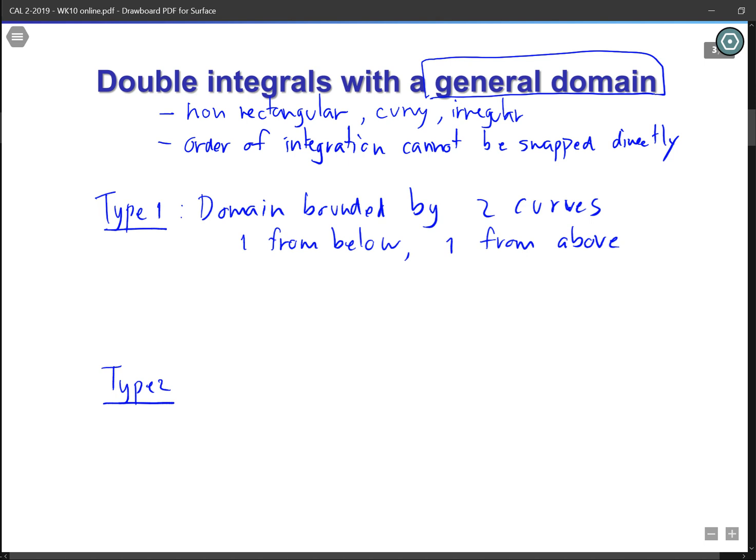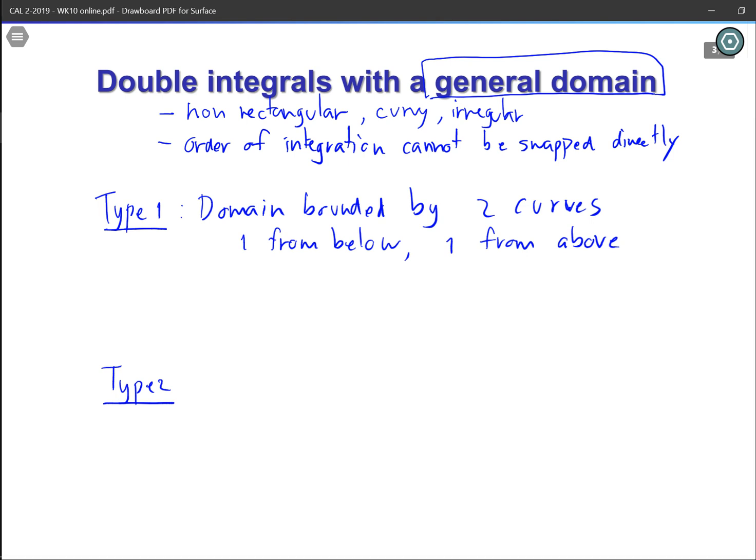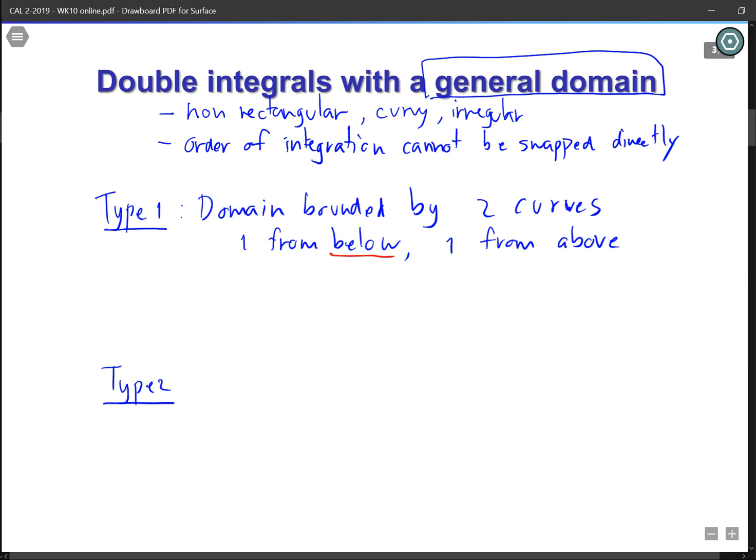So here's the key. Type 1 of the general domain, you have two curves, one from below and one from above. And for type 2, your domain is also going to be bounded by two curves,